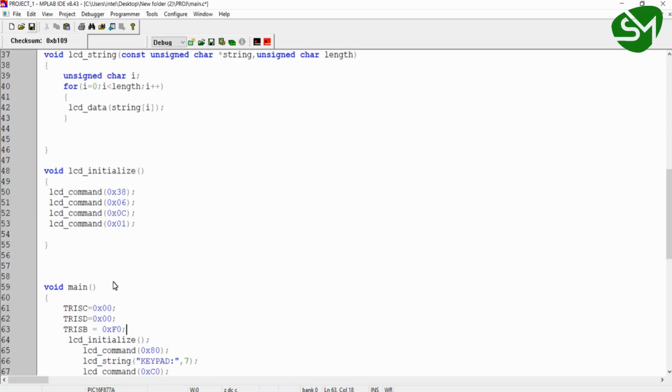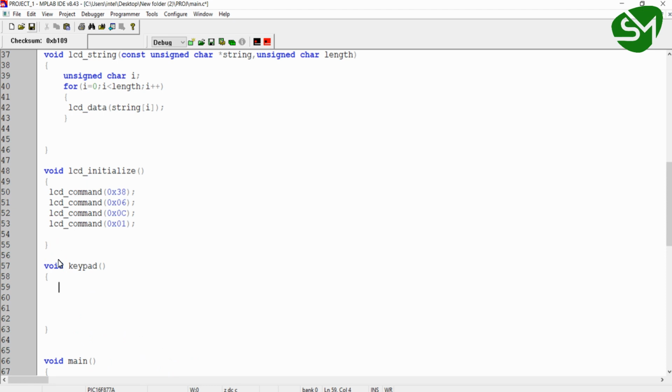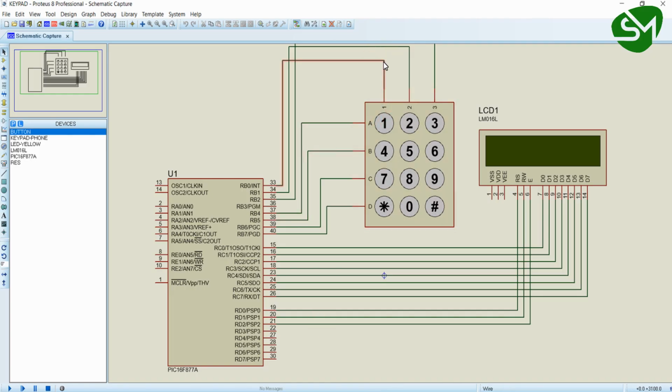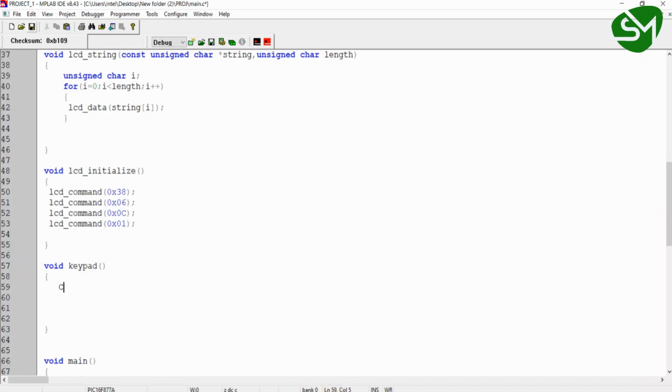So let's implement the keypad function. Initially we will turn on column 1 and check for the rows to be high. That is, I am turning on column 1 and turning off column 2 and column 3.